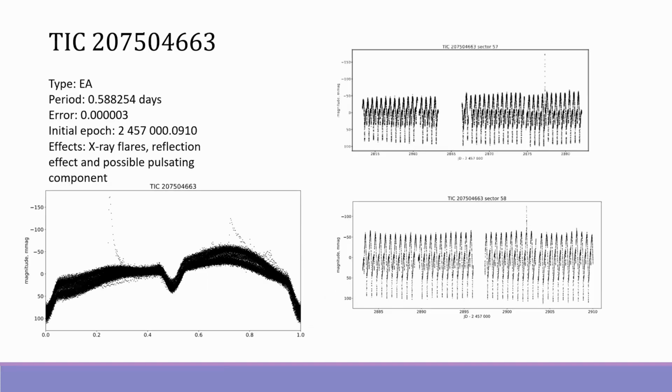The next star is quite interesting. It's TAC 2075, which was previously known as X-ray source. In our study of this star, we used TESS photometric data from sectors 41, from 48 to 50, and 52, and from 55 to 59. We built the phase curve for this star, which indicates that this eclipsing binary is again EA Algol type binary.